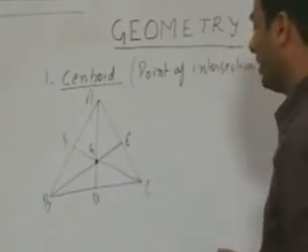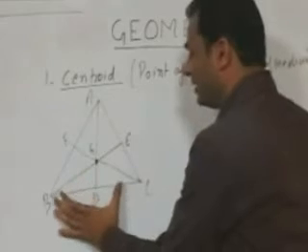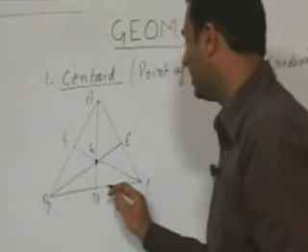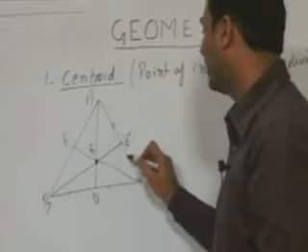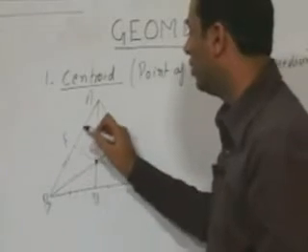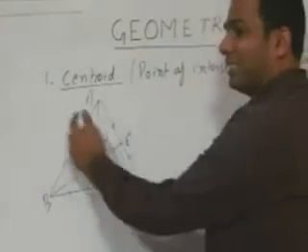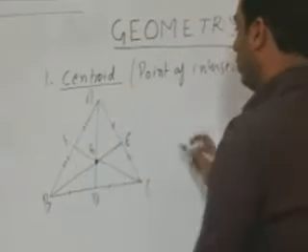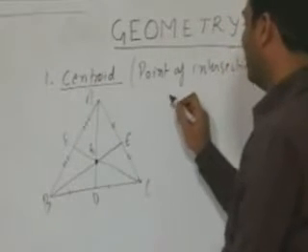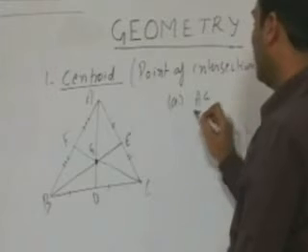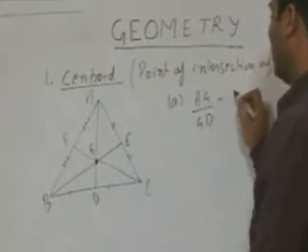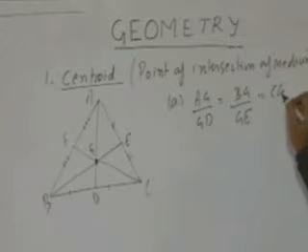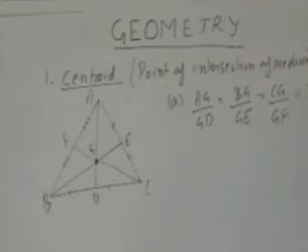And remember, a median is the line which divides this side into equal parts. So we can say here that this length is equal to this length, and this length is equal to this length. Median always bisects the sides here. Now, point G divides the median always in the ratio 2:1. So the first important point we can say here is that AG by GD is always equal to BG by GE, which is equal to CG by GF, which is equal to 2:1.